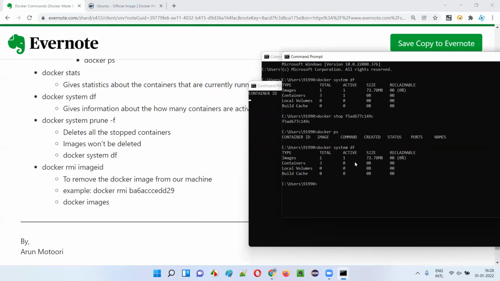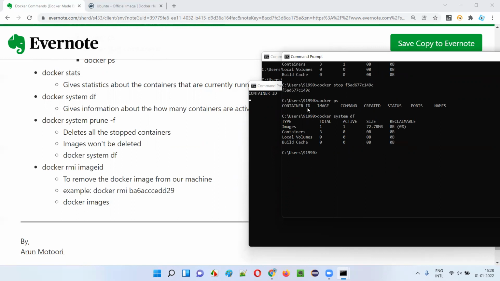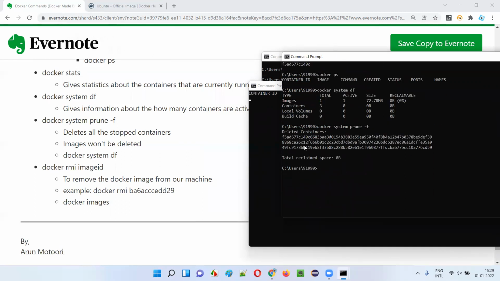At this moment, containers are there but active containers are 0. In that case, if I give the command docker system prune -f, what will happen is it will remove all the inactive containers. You see, it has deleted the containers because they're not active.